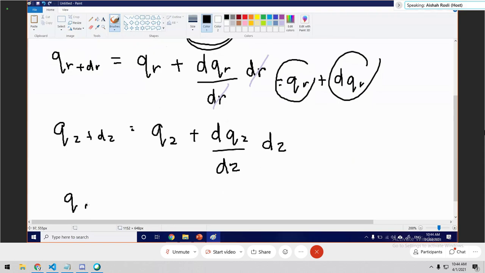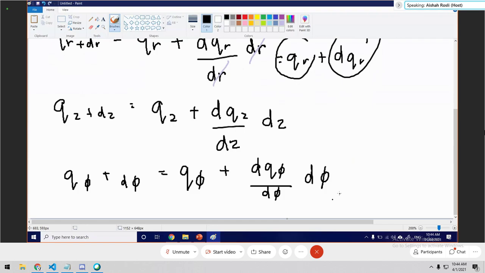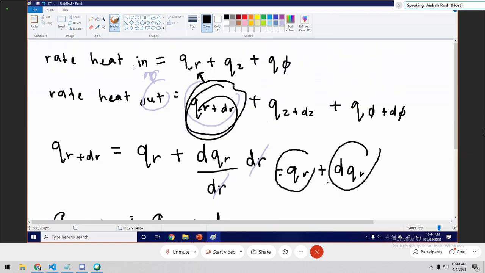Same with the phi direction, Q phi plus d phi is Q phi plus dQ phi over d phi times d phi. So in this case, if you can follow, we already have the rate of heat in,